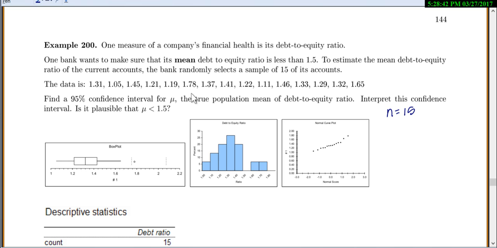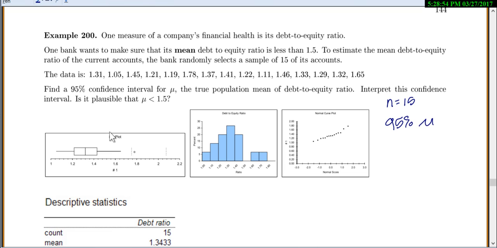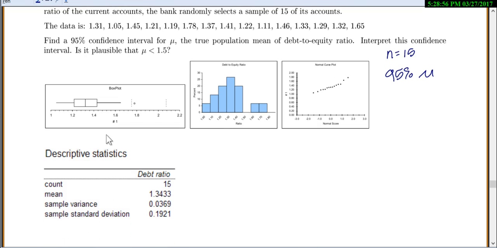Find a 95% confidence interval. So we're looking for a 95% confidence interval. We'll interpret the confidence interval, and then we'll also want to know, is it plausible that the true mean is less than 1.5? So the first thing I do before I actually do any work is I look at my